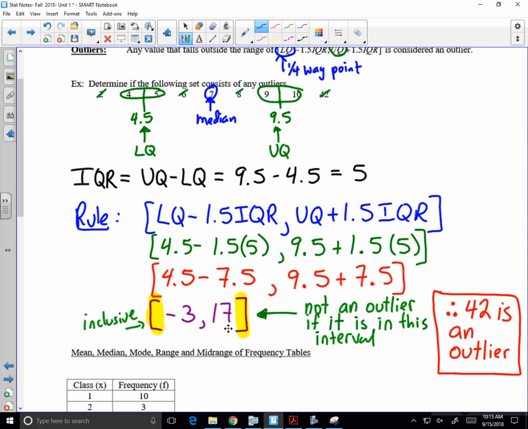Lower and upper bounds. Now, based on visual inspection, I can tell that 42 is an outlier. None of this needed to happen. All right, I got my interval. And when I ask you to identify outliers and show all work on a test, I need the interval and I need the answer. I don't need anything else. Because if I can convince myself, within a reasonable degree of certainty, that one could do this type of question in their head if they wanted to,